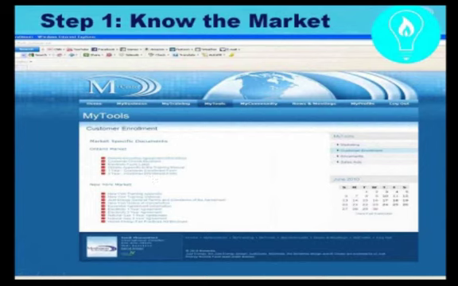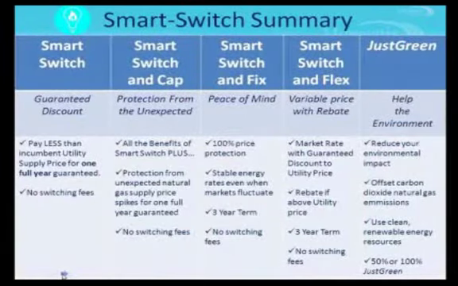So go on in, look at the training guide, the training webinars just for that market so you can understand the lay of the land there. Each different market or province has a little different nuances to the regulations in each market. So you want to be aware of what those things are before you go and talk to your customer. Okay? So once you understand what is happening in that marketplace, now it's important that you know the products that you have available. Every different state or province has a little bit different pricing. Often the pricing is determined by the local utility, just the environment within that specific state, province, or utility.